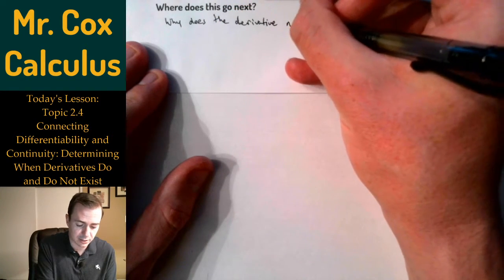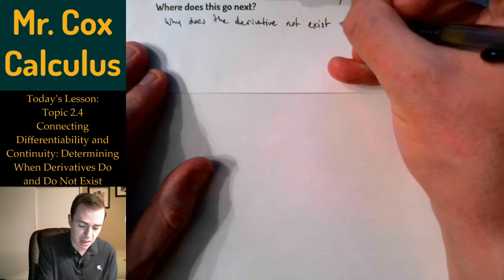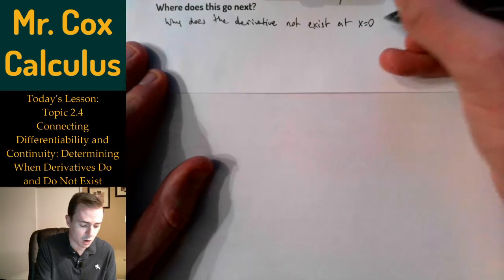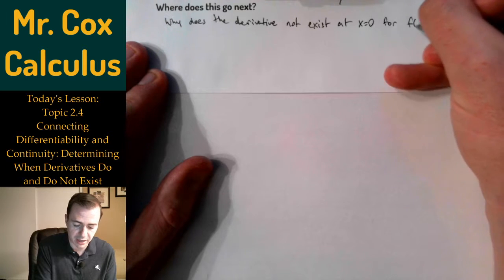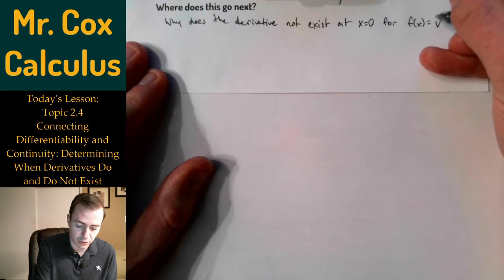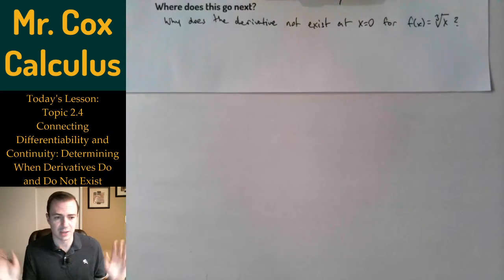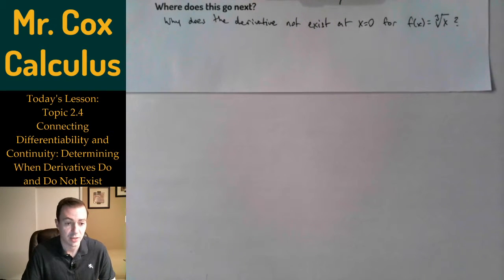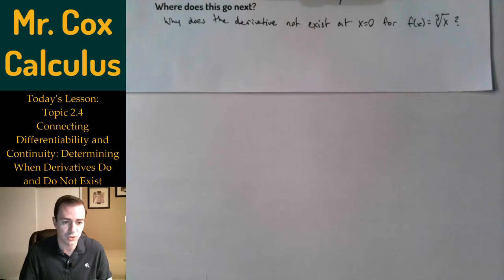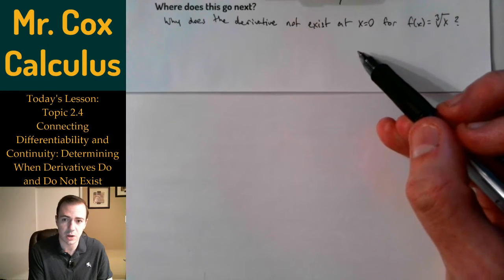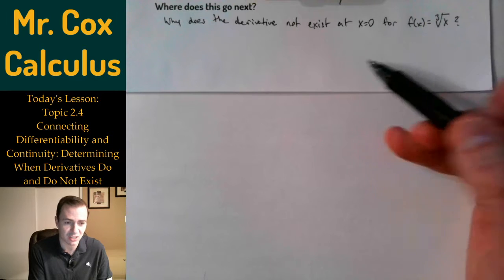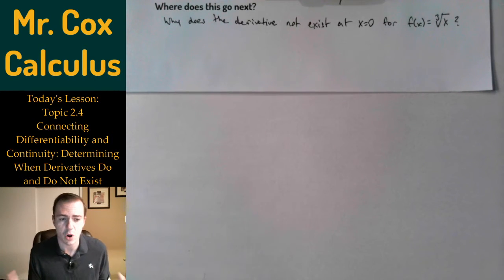not exist at x equal to 0 for f of x equal to the cube root of x? When I graphed this, just kind of a free sketch of the parent function for cube root, I told you that as x approaches 0, what happens is that tangent line gets vertical, and that is kind of hard to